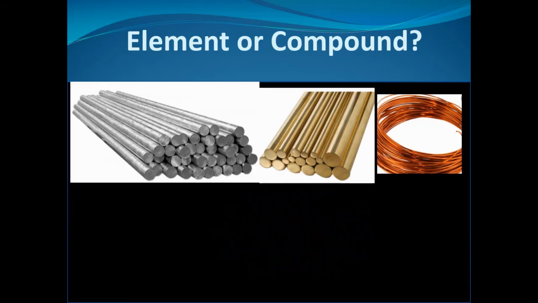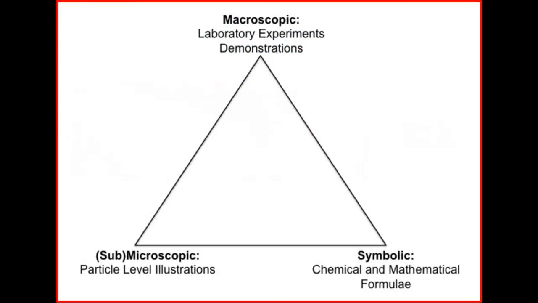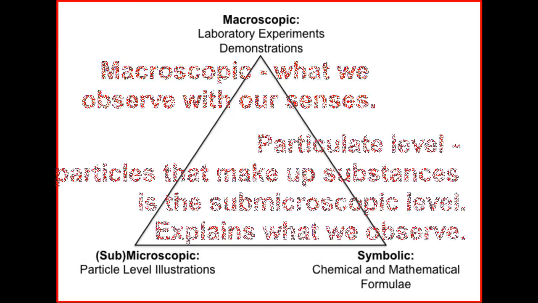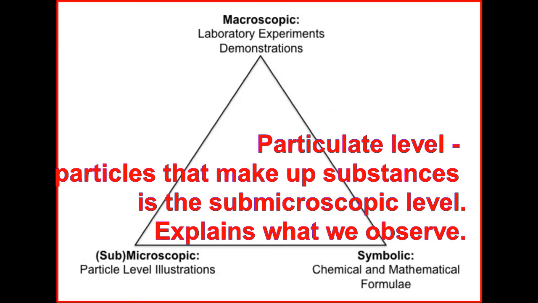So as you saw, me asking you to say whether something was a compound, element, or even a mixture is sometimes difficult, because you cannot see the particles. What you see are the substances. That is called the macroscopic level. To distinguish between an element and compound at a macroscopic level, you can't use the definition of what happens at a particulate level. So what happens at a particulate level is called the submicroscopic